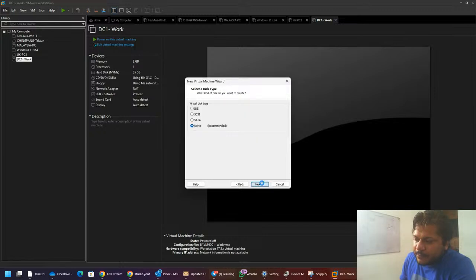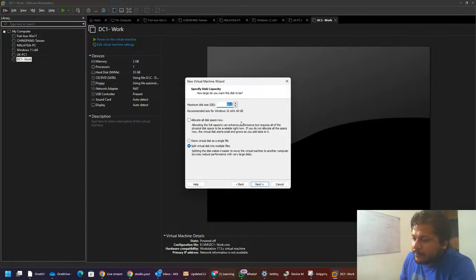Next, LSI Logic, NVMe, create a new virtual disk. Maximum size, I'm going to give it 40 gigabytes because Windows 11 by default, I think it uses somewhere in the range of 16 to 24 gigabytes, based on the installation size of the Windows version. So if you're using Windows 10, probably it will occupy somewhere in the range of 14 to 17 GB of storage on your local drive. If it is Windows 10 Pro, another 2 to 3 gigabytes higher, and then further as we go to Windows 10 Enterprise, it will probably consume anywhere in the range of 20 to 24 gigabytes on your local storage.